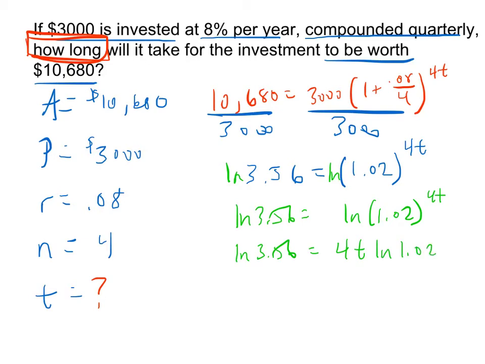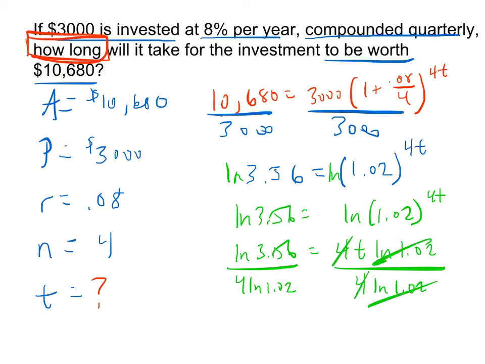And then I want to solve for this variable t right here. I want to solve for that t. So what I'm going to do is divide both sides by 4 natural log of 1.02. Divide this one by 4 natural log 1.02. Over here, my 4's cancel each other out, my natural logs cancel each other out, and I get